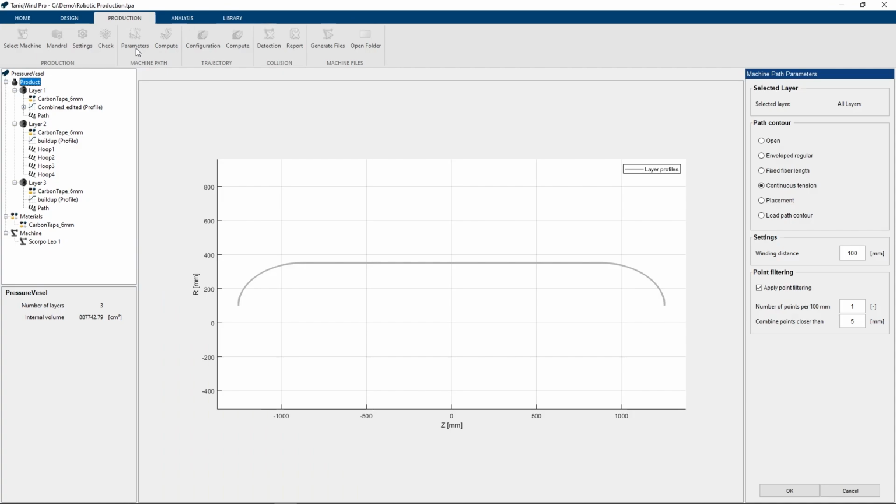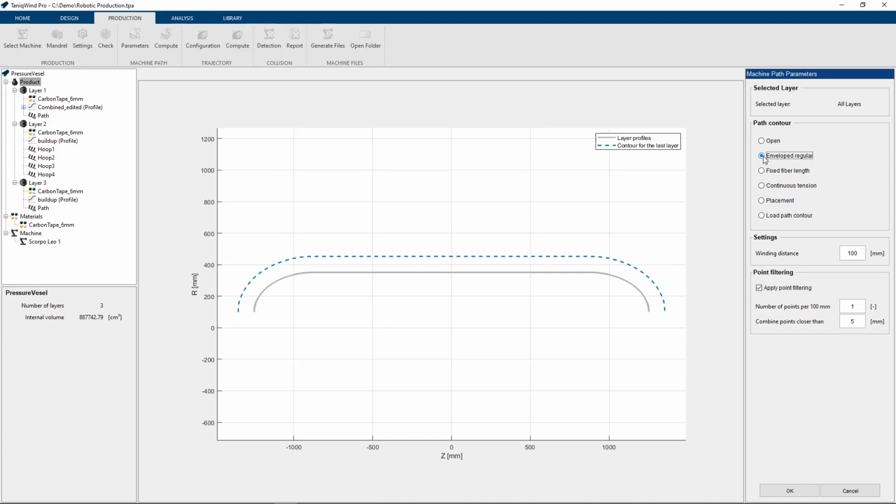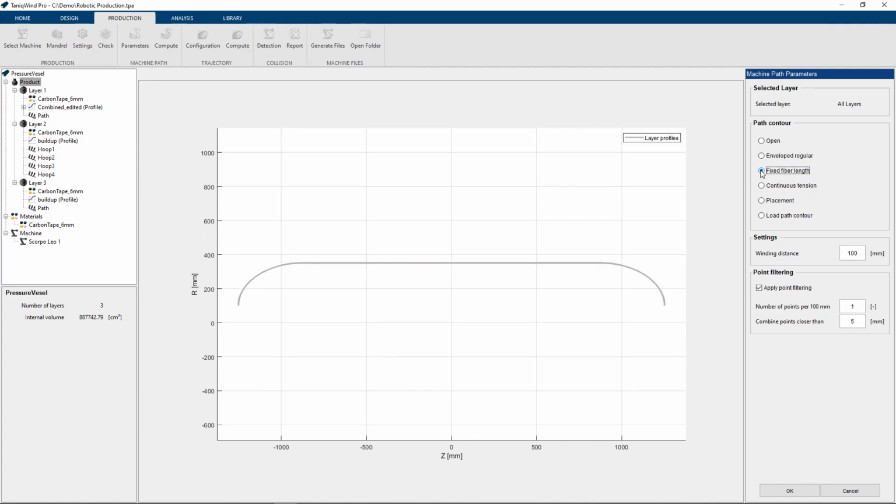In the machine path parameters panel, we can see 3 sections: a path contour section, a settings section, and a point filtering section. In the path contour section, the contour of the machine path can be specified. The software allows for an open contour, which is a line parallel to the z-axis, an enveloped regular contour, which follows the shape of the profile, a fixed fiber length contour, which keeps the distance between the TCP and the